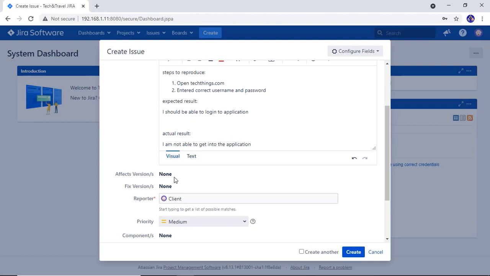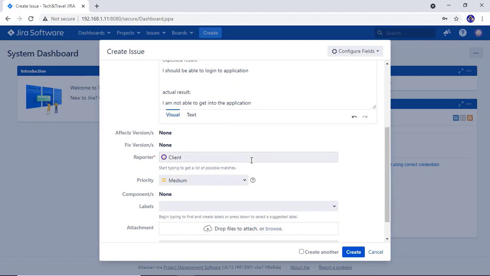As you can see, versions are listed as none over here. It is because we have not added any version in this project yet. You will find another video link in the description where I have explained in detail how to create and manage versions in a project. Let's just keep it blank as of now.